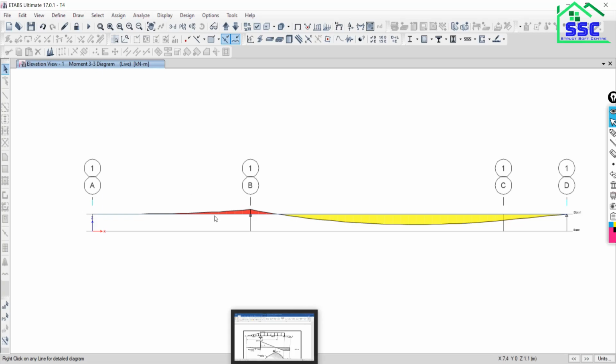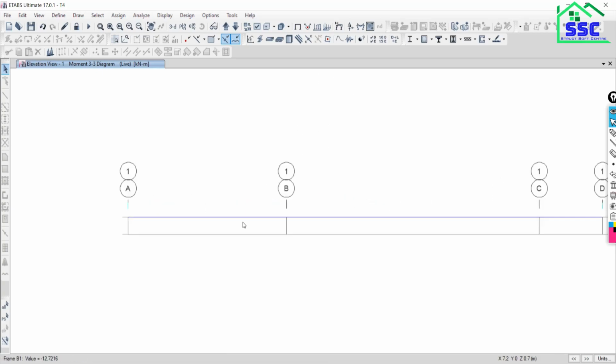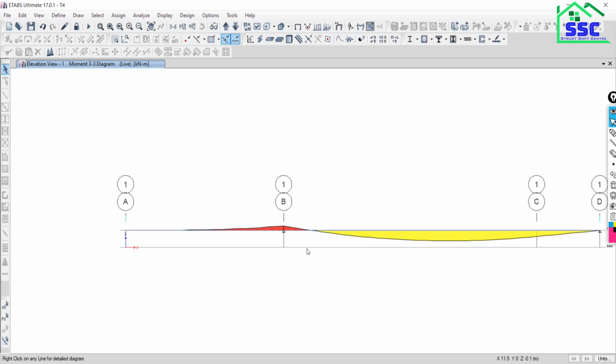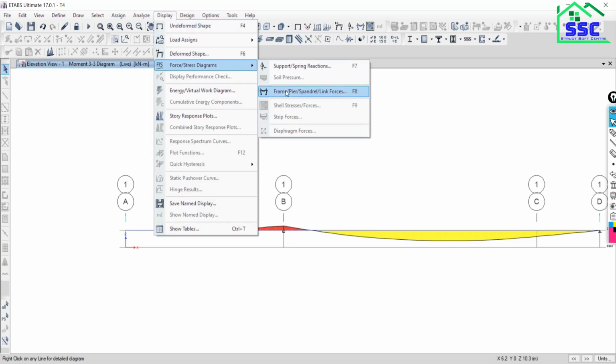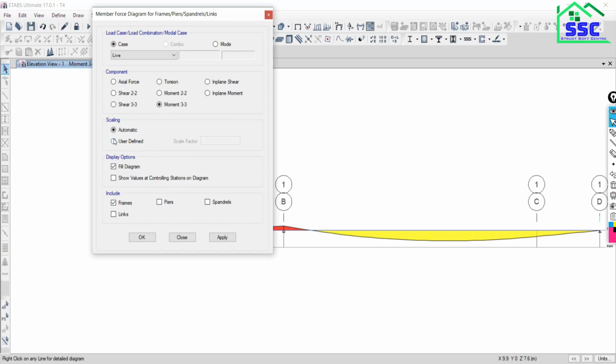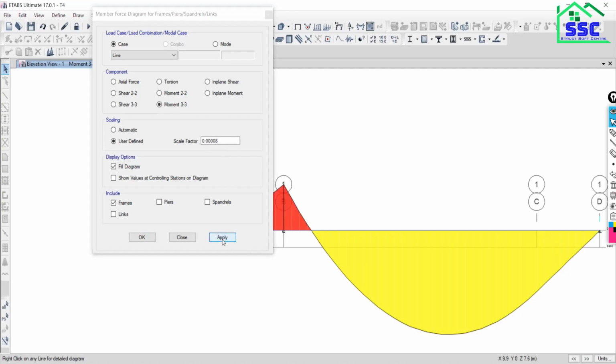Once you right click, if you want to see this diagram with more scale, what you have to do, go to display, frame result and choose the scale. Here is the scale. I am increasing the size to 10 times, 0.8. Enter, apply. See,